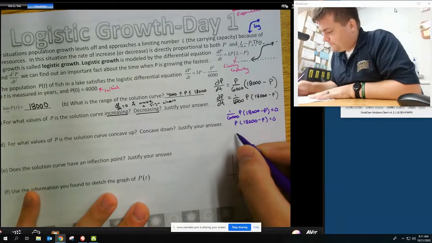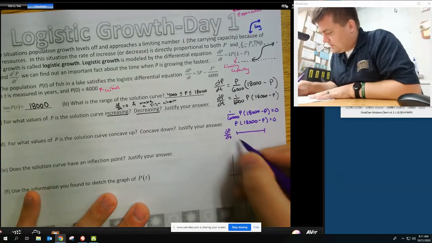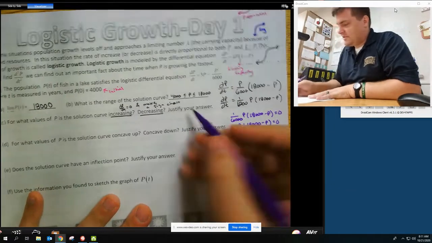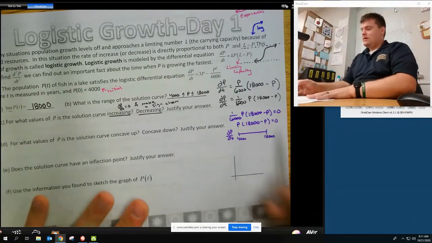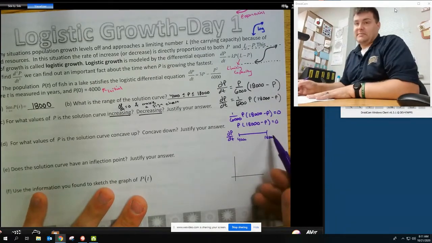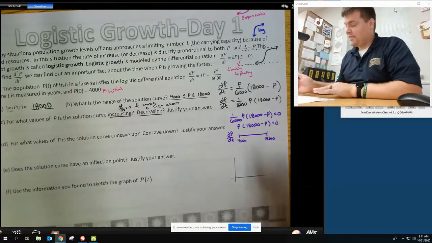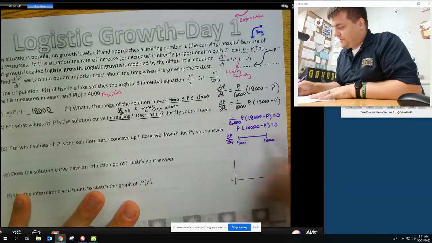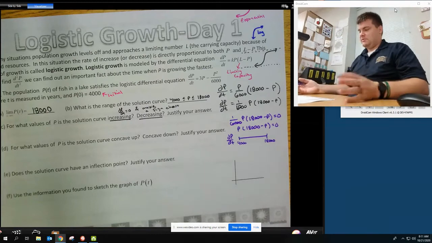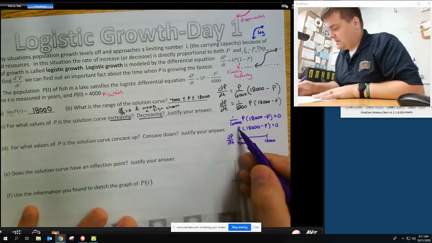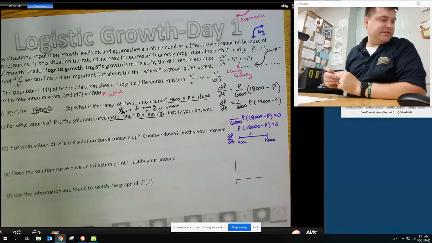So my endpoints are 4,000 and 18,000. My critical values are at 18,000, which is already on my graph because it's an endpoint. The other critical point is at 0, but that's not in my range, so I discount that. Now I just have to figure out if it's increasing or decreasing. Plug in any value in between, so let's plug in 5,000. I get positive times positive, which is positive. So it is increasing